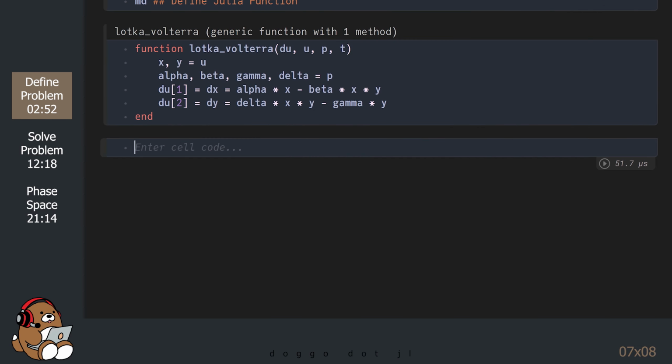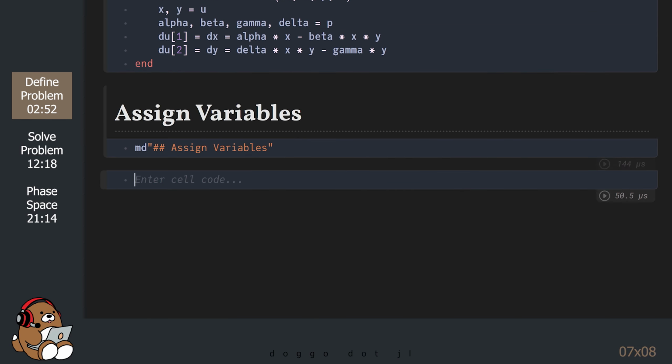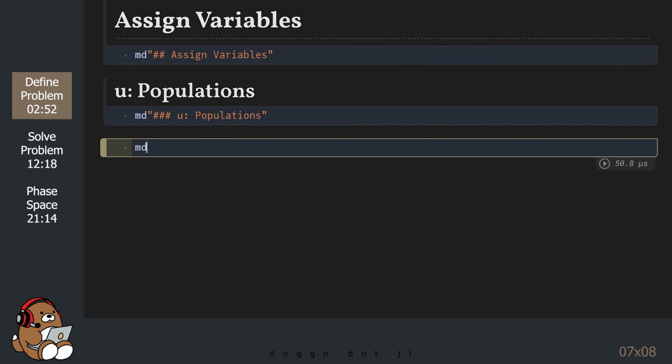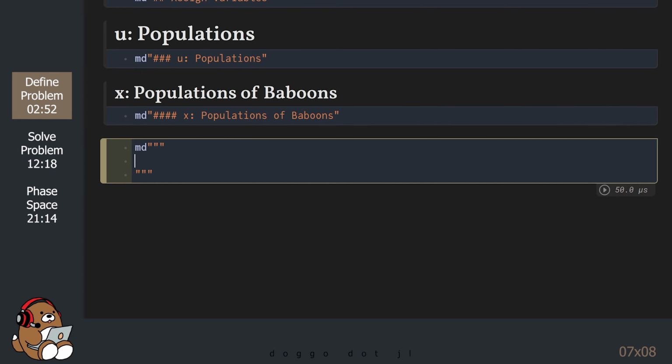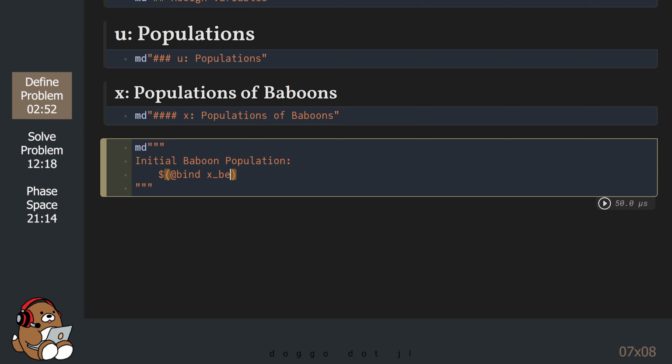Now that we've defined our Julia function, let's assign the variables. U is for the populations. Specifically, x is for the population of baboons, or the prey. We need to set the initial population. Let's bind the variable x_begin to a scrubbable Pluto UI widget, so we can change this value later.